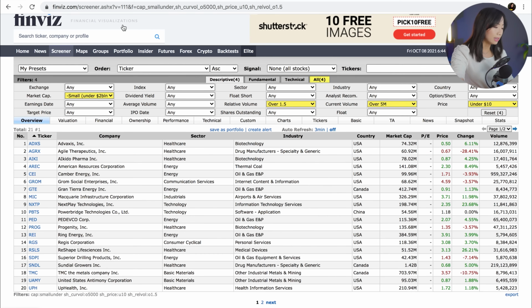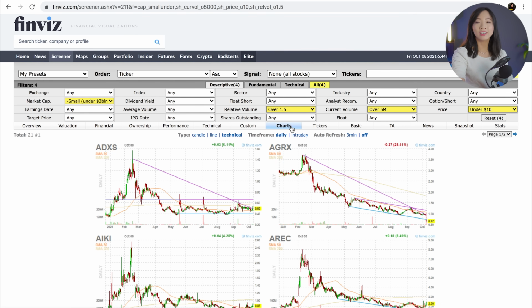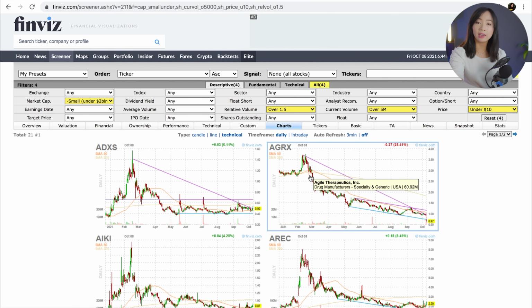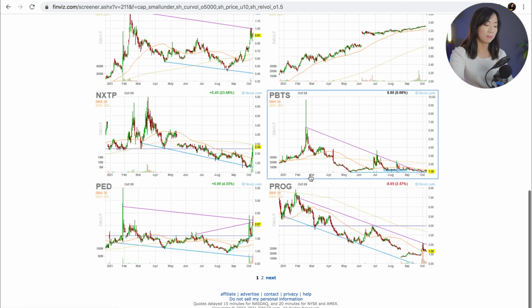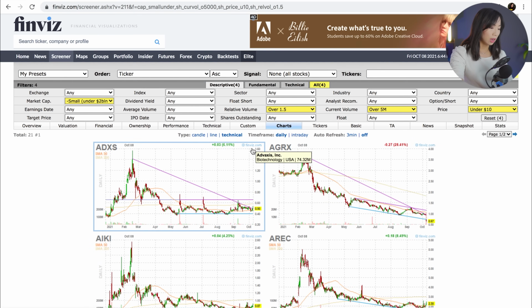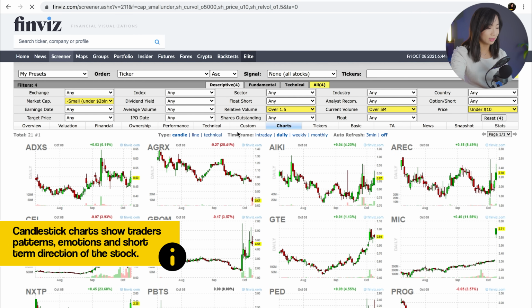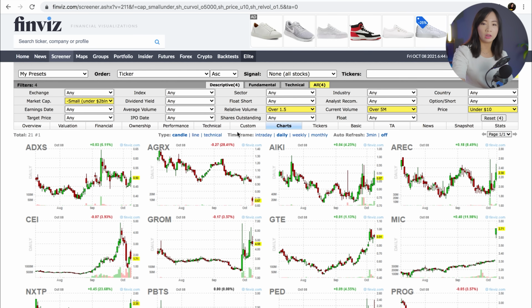But for now, let's go up to, you can see we are at overview right now. But for us, we want to look at charts. So you can see once you click the chart, you actually see what these daily charts for all the stocks showing up looks like. You can see we still have 2 pages of examples. By default, they give us the technical one, but I prefer the type to be candlestick charts. So now this is where we can see the recent 3-month chart and what it looks like.